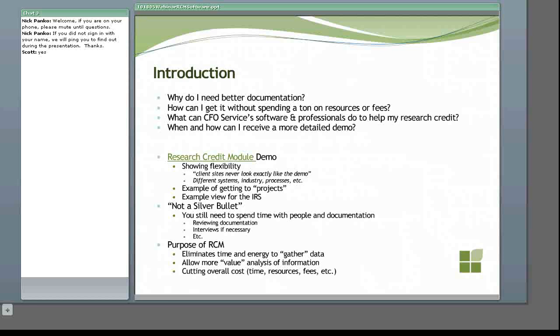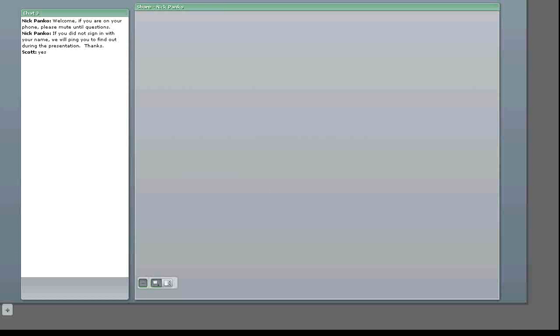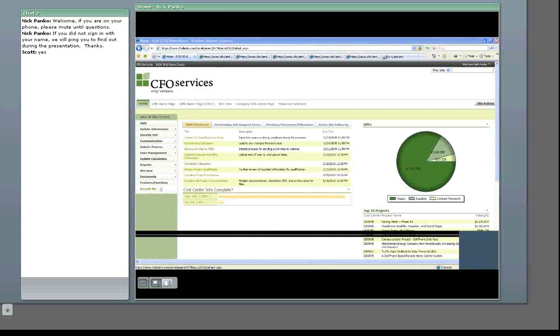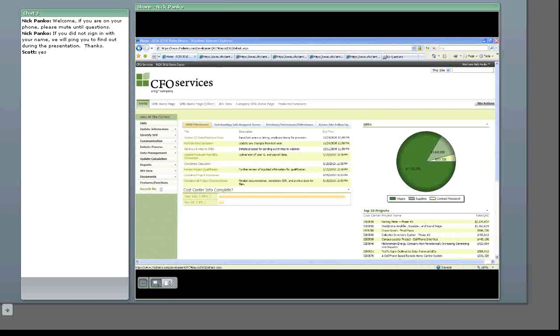So let me get into, and hold on, there's a couple other people joining, so I will get them accepted. So if you've just joined us, if you're getting on the audio bridge, we are just kind of getting started. So what I'm going to do is, all right, just joined us. We're just kind of into the. All right, so